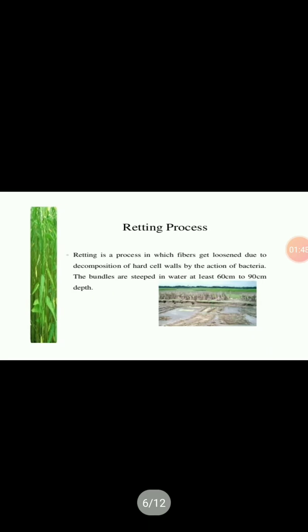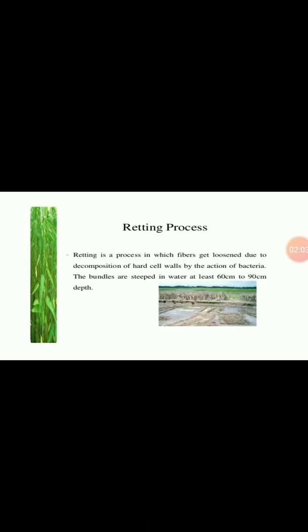And then in the picture, as you are watching, one of the persons is cutting down the jute plant, and the bunches are being made by the person. Then these bunches of jute plant are soaked into the water. We keep those bunches of stem in the water for a long period of time, and this process